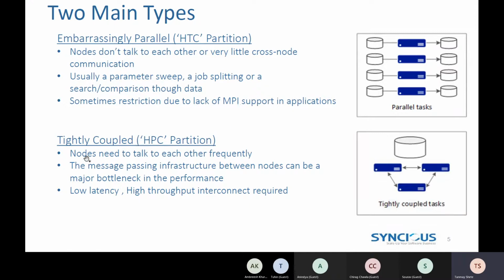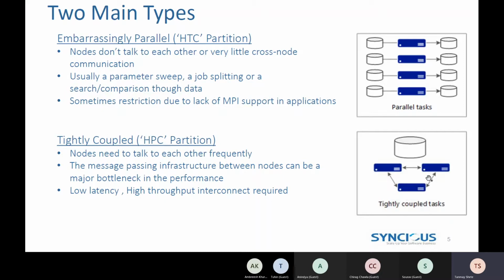With the tightly coupled problem, the nodes need to communicate with each other. So there should be a very high performing interconnect between them. Interconnect is similar to the networking infrastructure. So there should be a good interconnect between the server nodes, and there should be a message passing infrastructure available between the nodes.